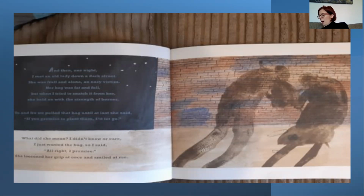And then one night I met an old lady down a dark street. You might notice I'm putting a little bit of a emphasis on some of the adjectives. She was frail and alone, an easy victim. Her bag was fat and full, but when I tried to snatch it from her, she held on with the strength of heroes. To and fro we pulled that bag until at last she said, "If you promise to plant